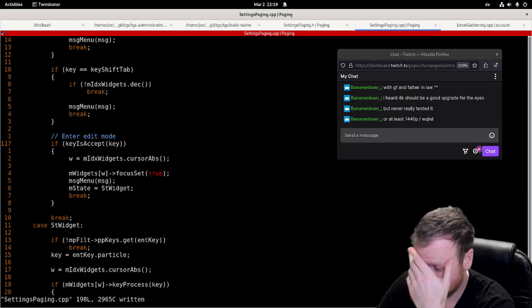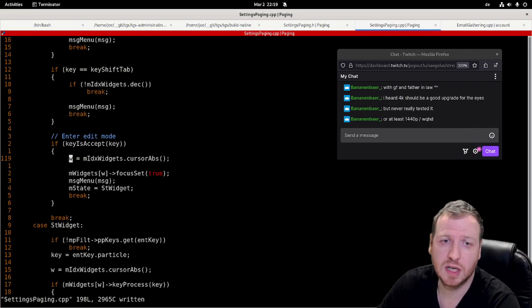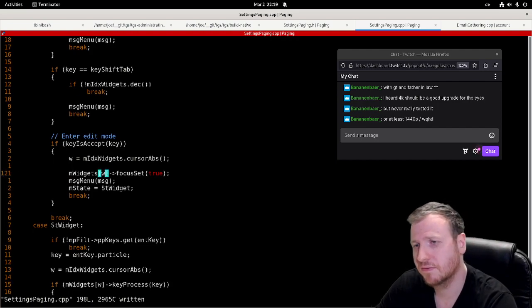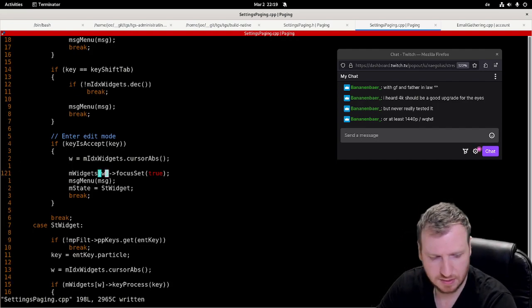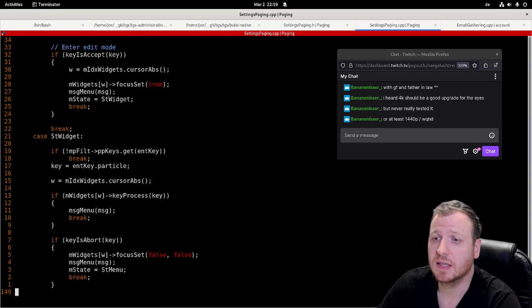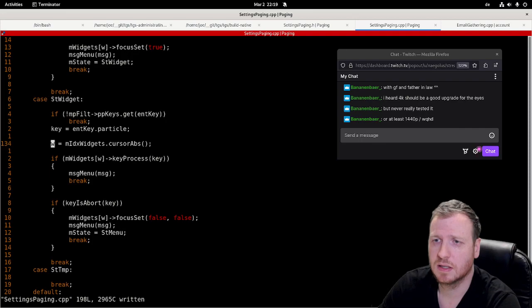Only if we are accepting, if we want to enter the widget, then we check which widget has the focus or is selected, and then we set the focus of the selected widget. Okay, but if we are in the widget, and if we have any key, then again